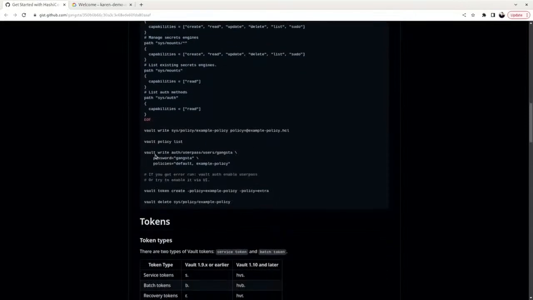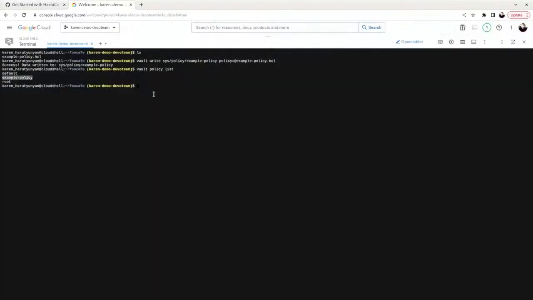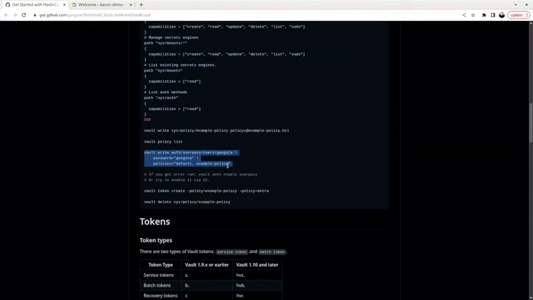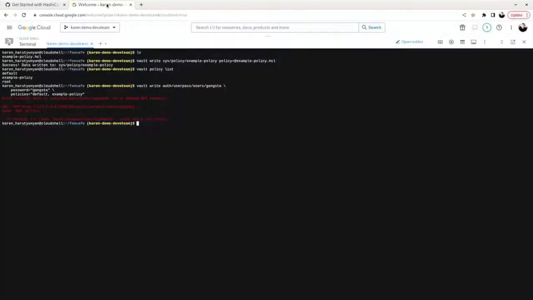Good. So what we want to do is create a user that can have access to it. That's my user, so don't complain about the user. Of course we can't do it yet because I didn't enable the Vault engine for user and password. Let me see. Good.